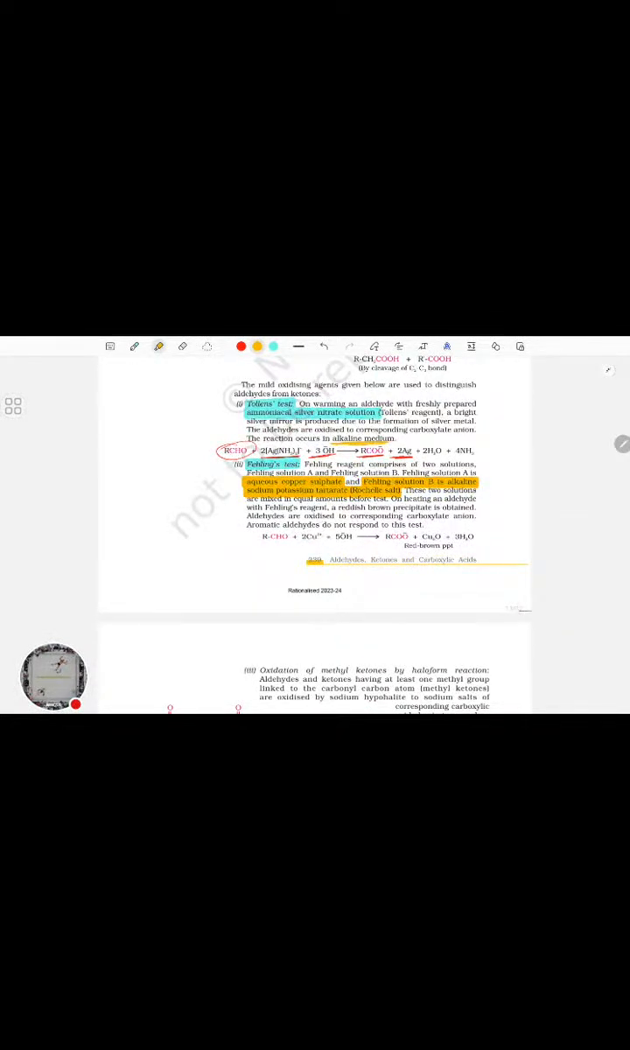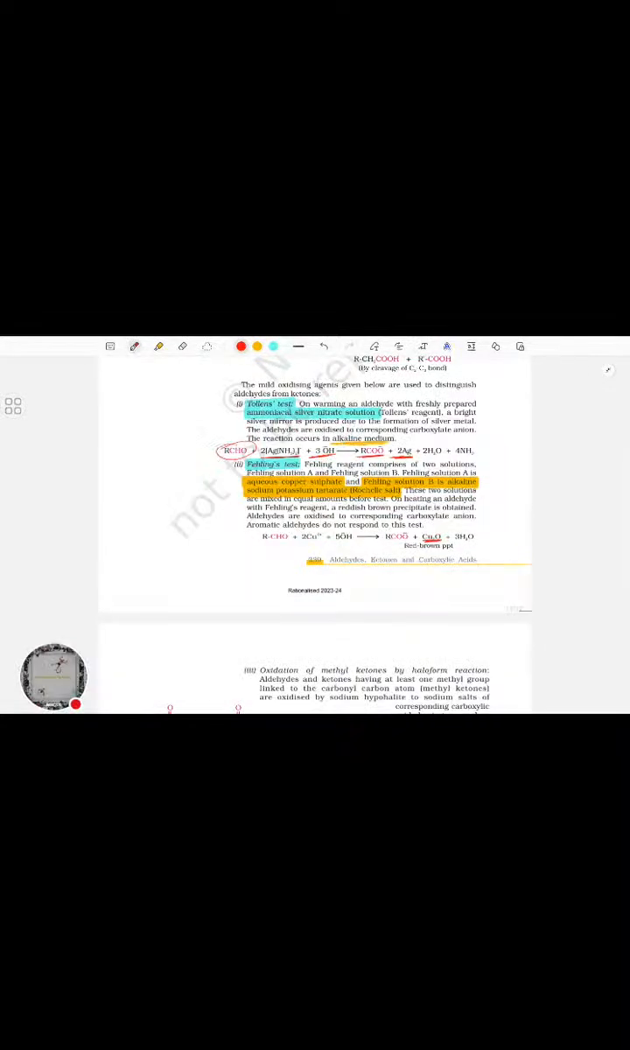On heating an aldehyde with Fehling's reagent, a reddish brown precipitate is obtained. That reddish brown precipitate is cuprous oxide, which leads to the formation of the reddish brown precipitate. When these solutions are mixed in equal proportion and heated with an aldehyde, I obtain a reddish brown precipitate. The aldehydes are basically oxidized to the corresponding carboxylate anion. And the important thing here is that aromatic aldehydes do not respond